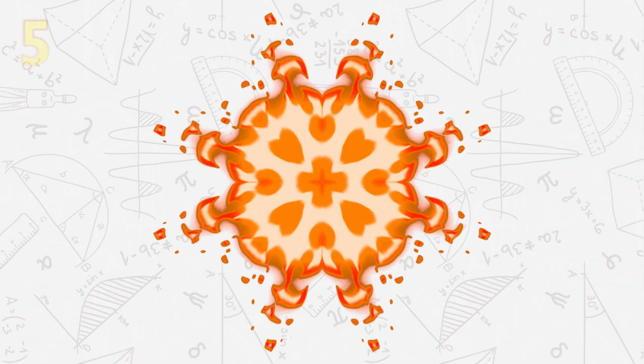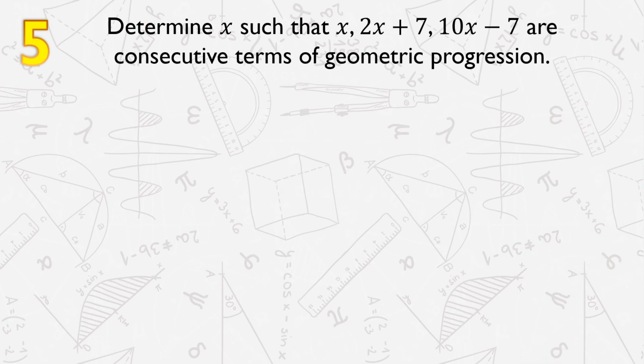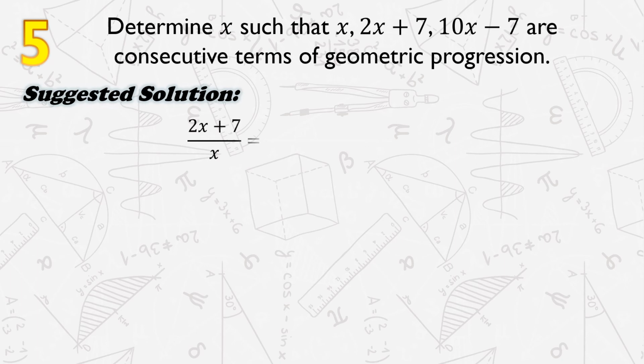Question number 5. Determine x such that x, 2x plus 7, and 10x minus 7 are consecutive terms of a geometric progression. Here is our suggested solution. If these are consecutive terms of a geometric progression, we know that there exists a constant or common ratio r, and to get that common ratio we write 2x plus 7, that is the second